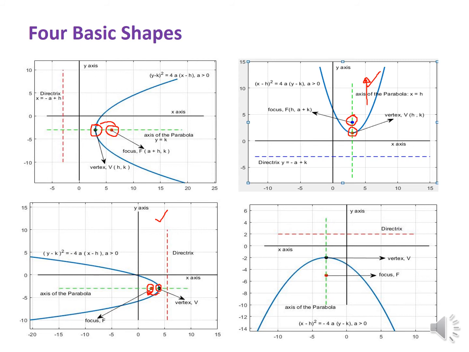And for this type of parabola, look here, this is the vertex and this is the focus. So the focus is directed downward from the vertex. So for this type of parabola the arms of the parabola will be directed downward, or the parabola opens downward. And from these 4 shapes we can see that the vertex and the focus stay on the same line, and this line is known as the axis of the parabola.